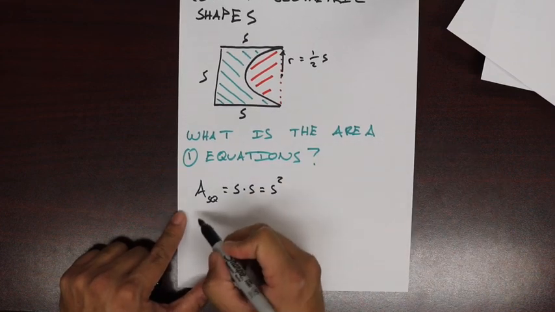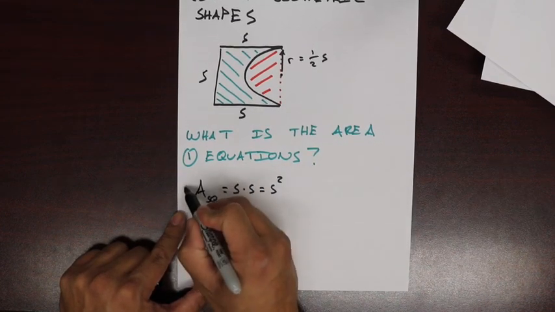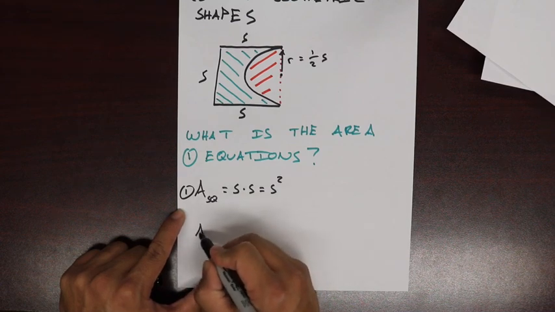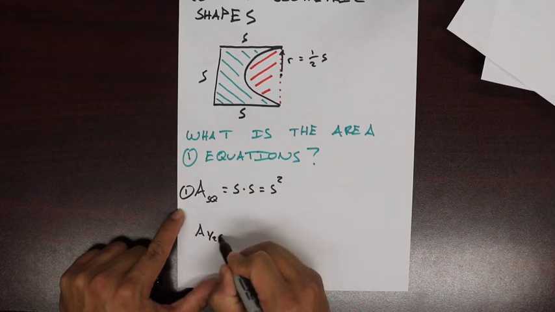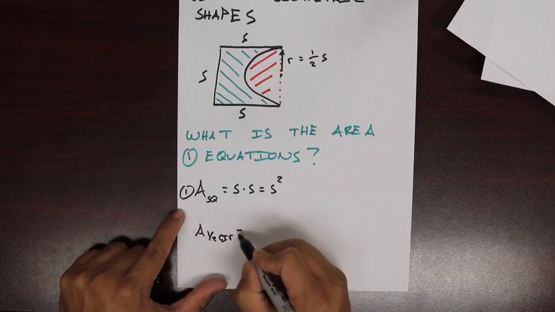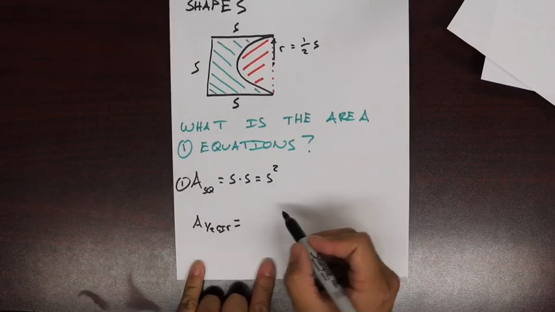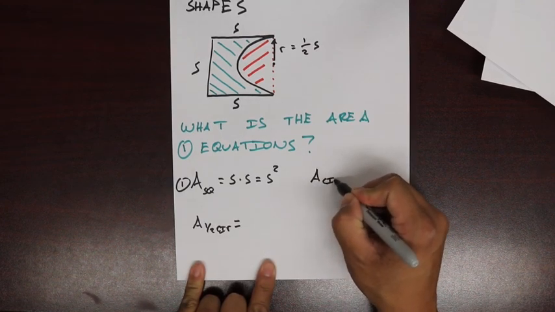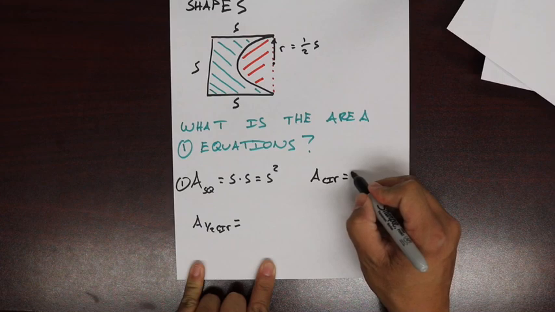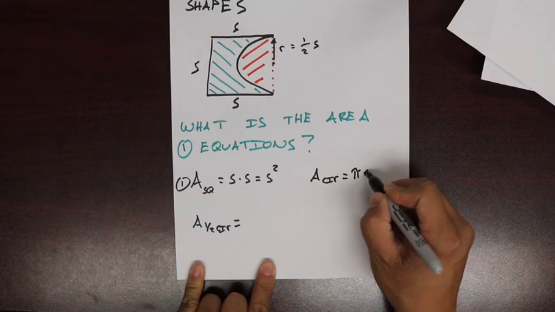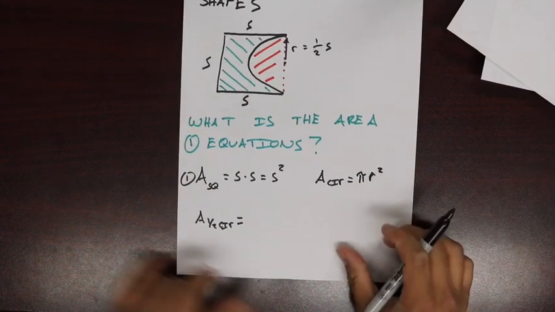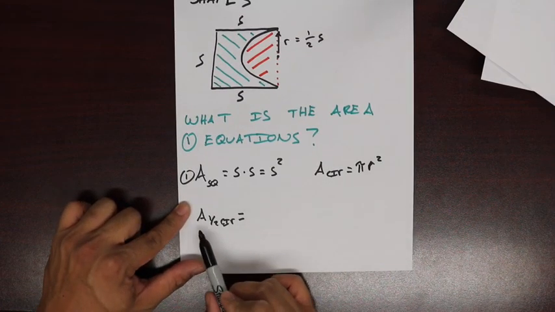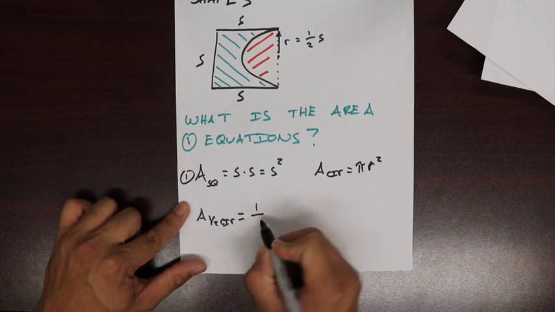Well, we know that that's equation 1, right? So then we know that we need the area of a 1/2 circle, right? So we're going to start with the area of the circle, I guess. We'll just write that over here, area of a circle. We know that the area of a circle is going to be pi r squared. Well, we only need 1/2 of that, so we'll just essentially divide that by 2. So we're going to say that the area of a half circle is 1/2